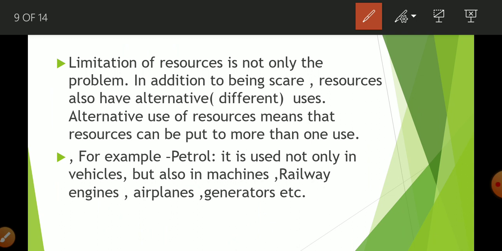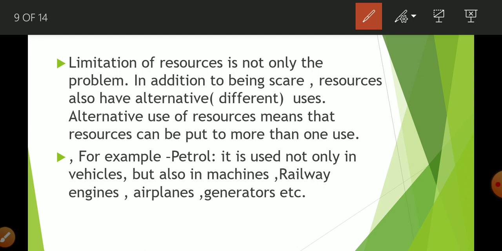In addition, I'm going to explain that the resources are not only limited. Scarceness means what? They are limited compared to their demand. Take the example of onion. In some season when there is less production, on the other hand demand is going to be more or the same. So when there is less production, the price of onion becomes too high. It is 100 rupees per kg or 200 per kg. At the time of wedding season, the price of onion becomes too high. Why? Because its supply is the same, and demand increases suddenly, so the price is going to be high.